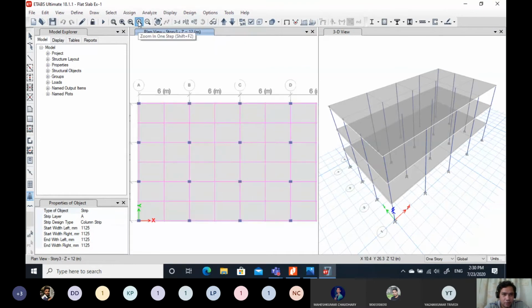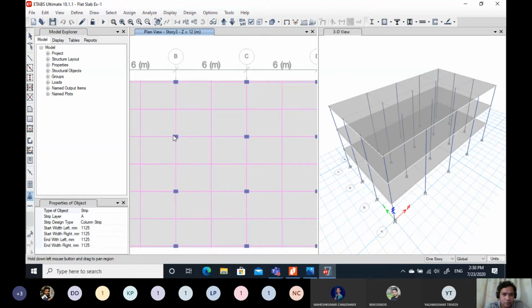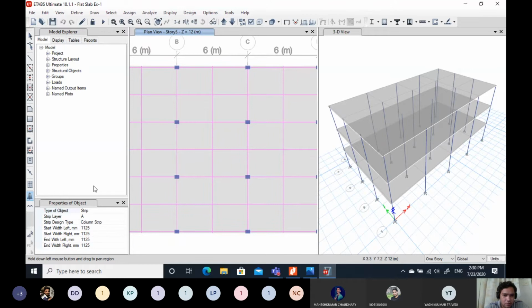Now see, we can define the strip layers. Let us say the strips along y direction as B and strips along x as A. So let us say these are x strips and these are y strips.